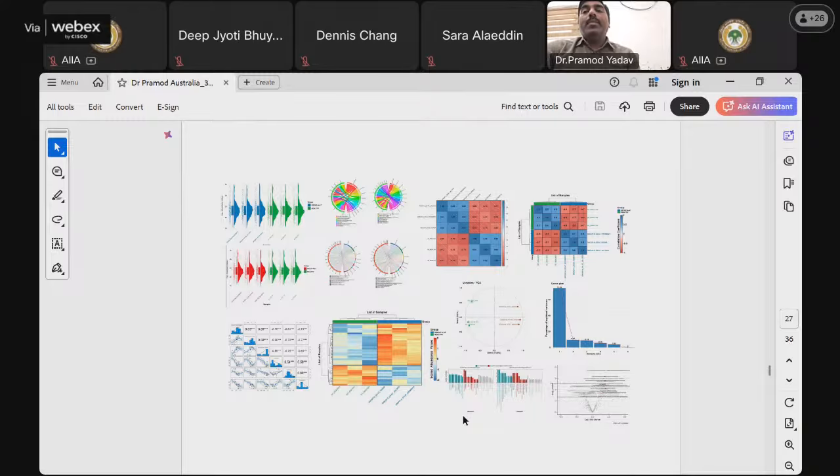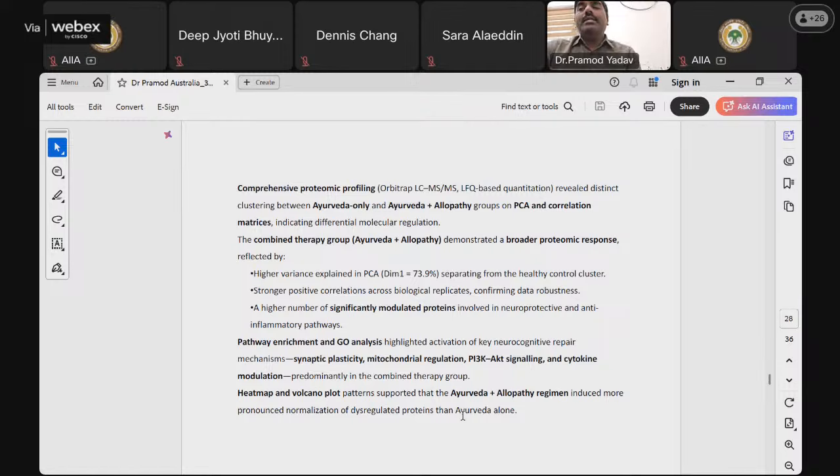So the heat map and the volcano plots that you can see show distinctive differences between the proteomic profile of the healthy patients and those suffering with the dementia that is induced due to the Alzheimer's. Further, it can also be seen distinctively that the combined therapy of Ayurveda and allopathy demonstrated a